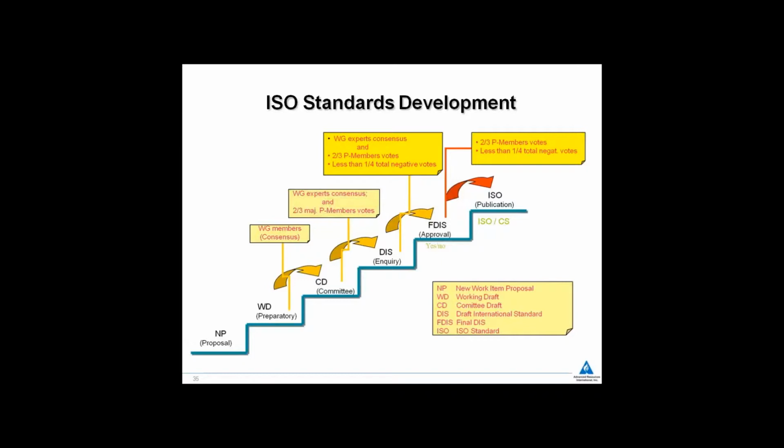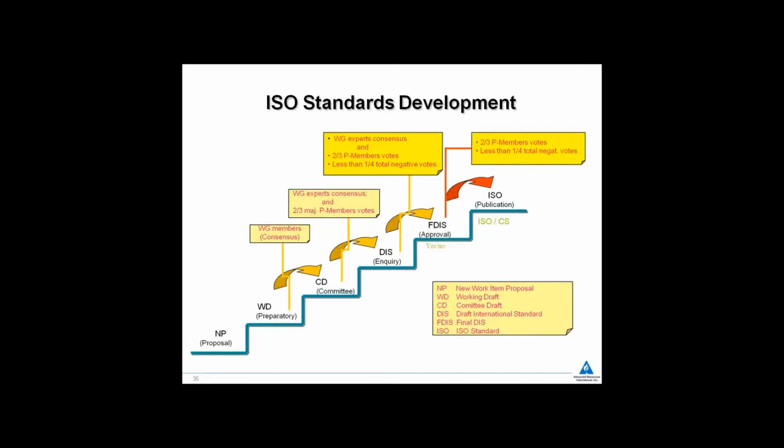As an ISO standard is developed, it climbs a set of stairs, if you will. On the bottom left is a new work item proposal or new proposal. And in order to begin the process to get to the upper right to actually develop an international standard, there are several processes that the standard, the narrative, the actual words on paper, have to go through. The first process is a working draft, and that is that the members of the working committee have to agree on consensus. They have to agree as to what they're going to agree on. And when you arrive at consensus, then that document, that standard, can take the next step to CD or a